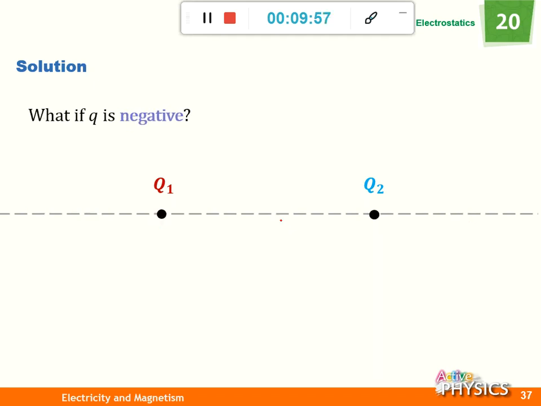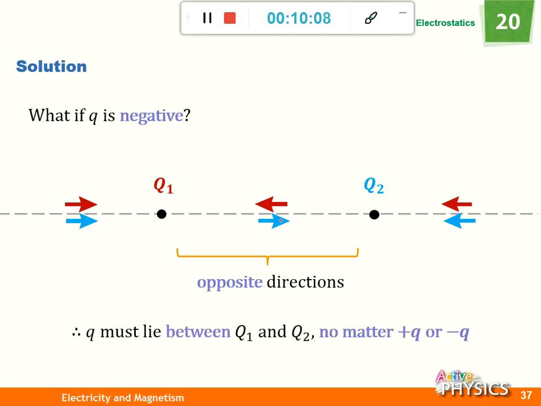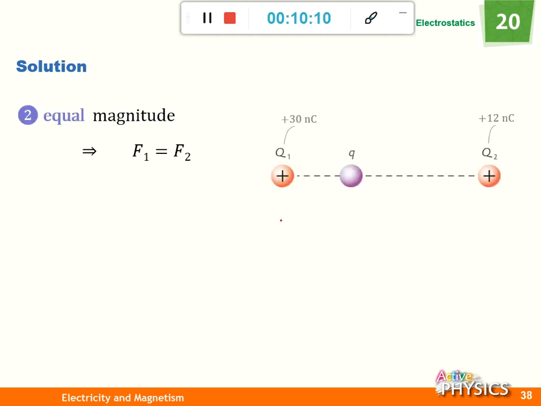What if Q is negative? The same. Okay, it also lies between them. How about the magnitude? You should try to find the formula, and the other one should be 2 minus x. 2 means 2 meters between Q1 and Q2. In order to find the value, balance them. The bracket, you can think, is a constant, so cancel it. Q, the third charge,